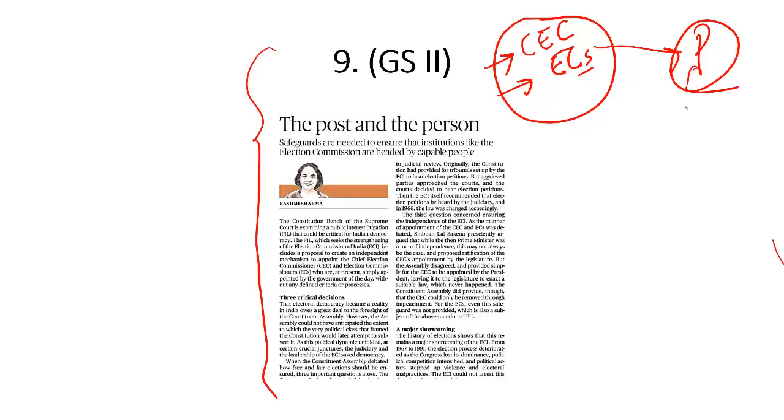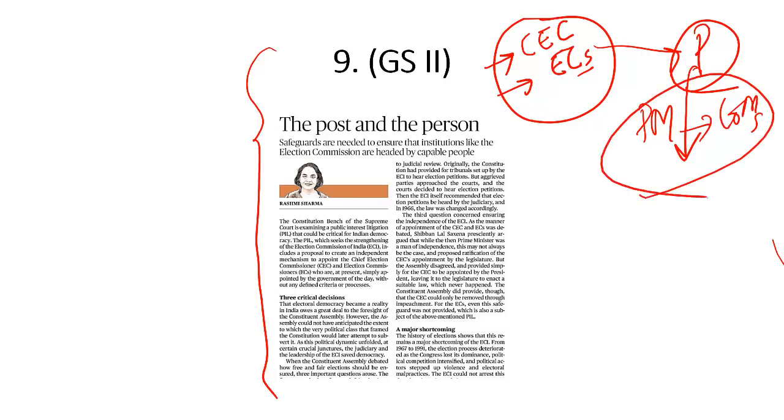Because in India, the president is a rubber stamp. He does not have any powers of his own. All his powers are to be exercised on the basis of the aid and advice provided by the prime minister and his council of ministers. So what this PIL talked about is that there should be some mechanism in which we can make the Election Commission impartial, non-partial, and work in a non-partisan manner. Because if the government appoints chief election commissioners and election commissioners, we may see that these individuals may be biased in favor of the ruling party at the center.